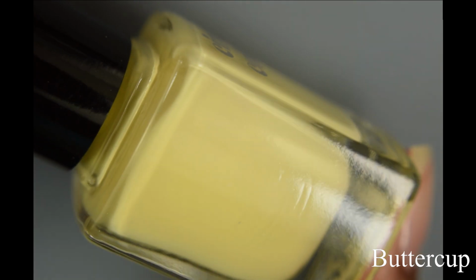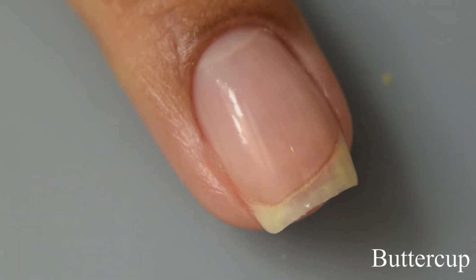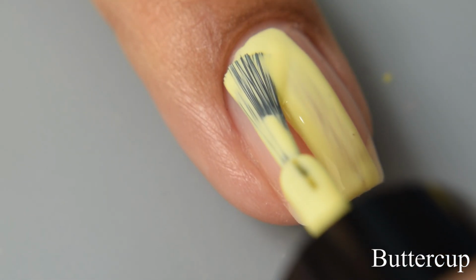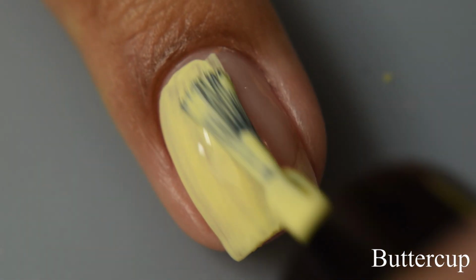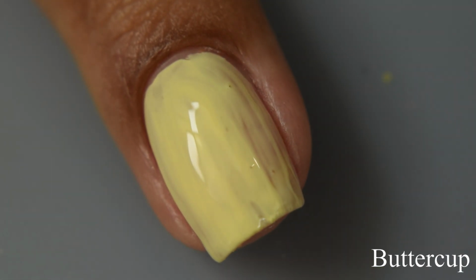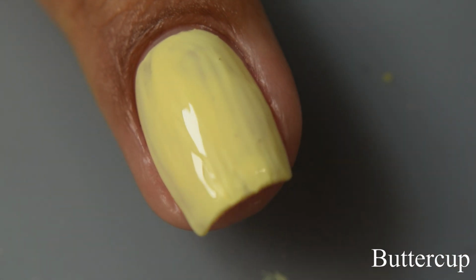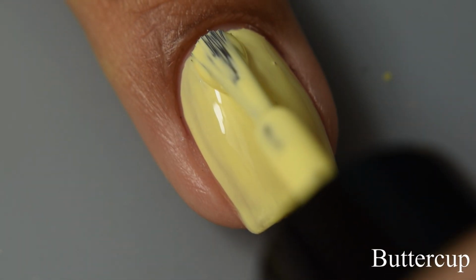First up is Buttercup. This is a pastel yellow cream polish. So this is what I definitely agree is a pastel sort of shade. It's very pretty. On my monitor, this is coming off color accurate to what I'm seeing in person. Now the formula on this has a somewhat lighter feel to it. It self-levels very strongly. Now for opacity, I'm going to suggest 2 coats on it, with the caveat that on